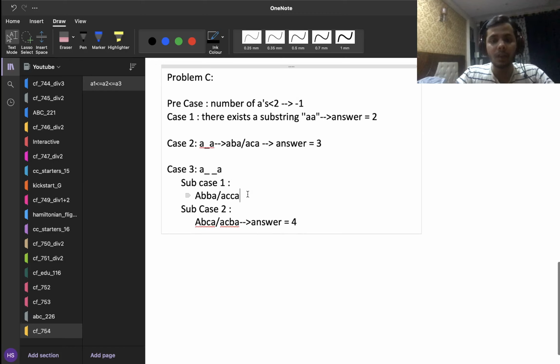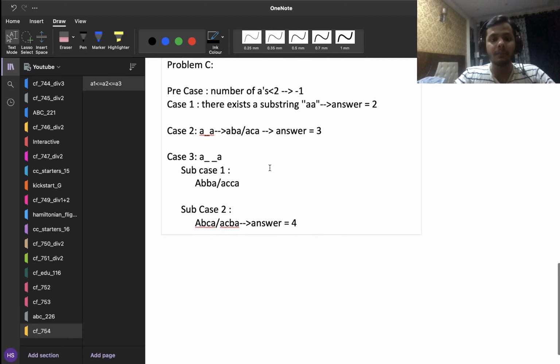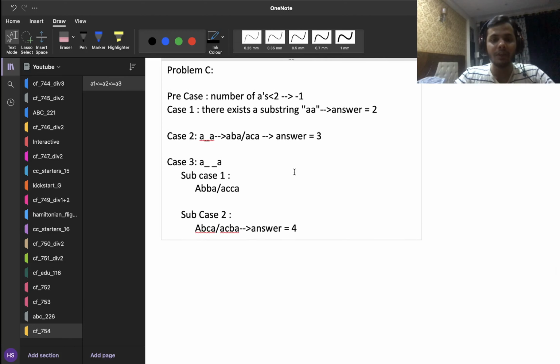That is good. But here it's a bit tricky because I have ABBA and ACCA, and the number of occurrences here of A and B are 2 and here of A and C are 2, and clearly both of them are not good for me because they don't satisfy the second and the third conditions. Like one of them doesn't satisfy the second condition and the other doesn't satisfy the third condition. So I need to think about something else here, and one thing which I want to know here is what happens if I have 2 substrings like this, A dash dash A, then again dash dash A. I already know that both the elements here are the same. So let's say that I have ABBA here.